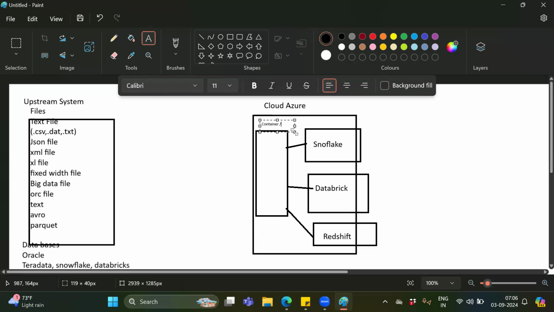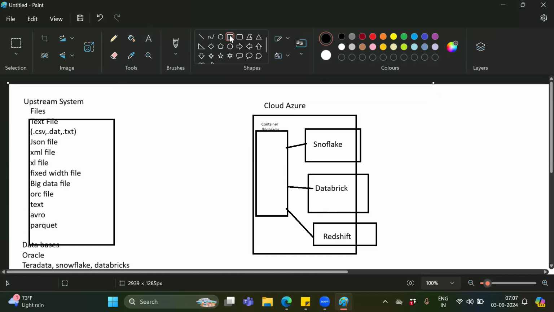Now we can say ADLS, Azure Data Lake. You can call it blob or ADLS. So this is the path, and from here you can extract the file and store the data into Snowflake. If your target is Databricks, or if your target is Redshift, then you can use this.